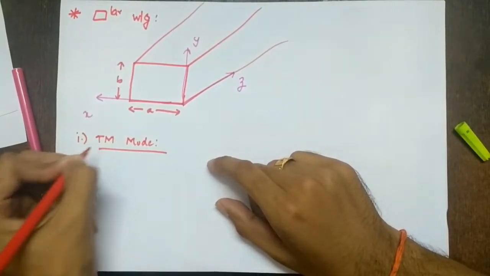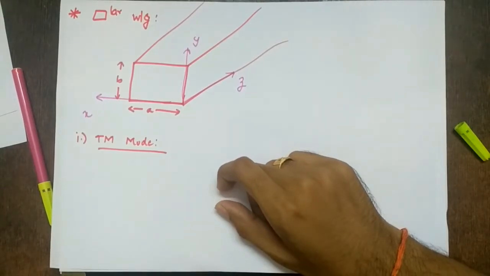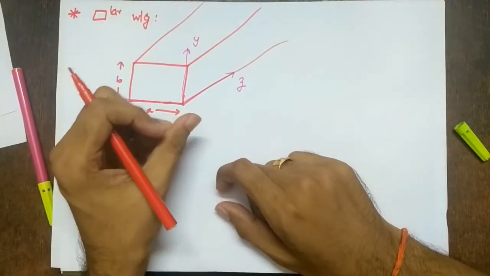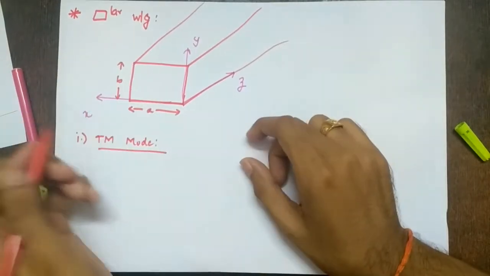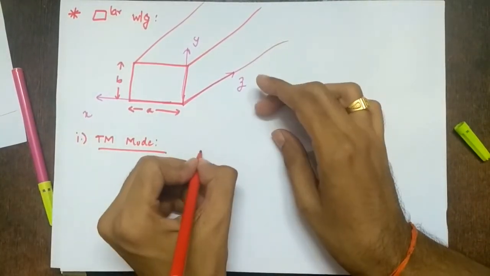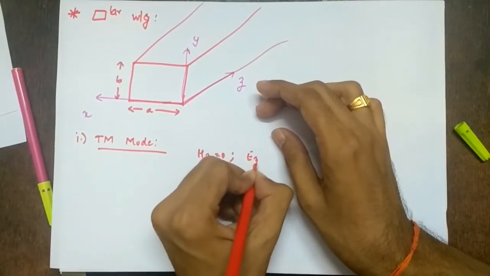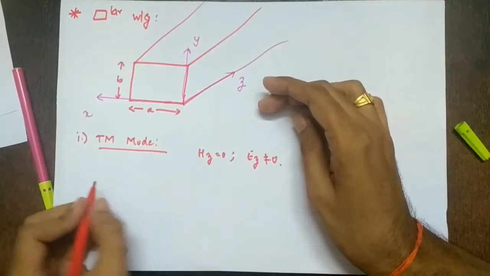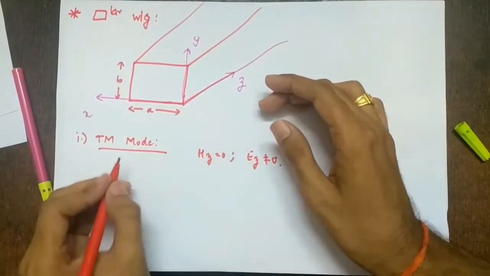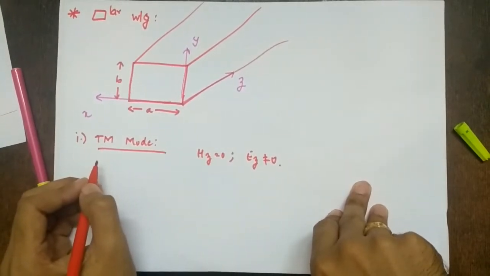So then we can just use similarly and do it for TE mode. Okay. So the best way to find electric field and magnetic fields is using the wave equation. So for TM mode, first what we see, what is 0? Hz is 0 and Ez is not 0, right? So we have to find Ez here, not Hz, because Hz is 0, right?